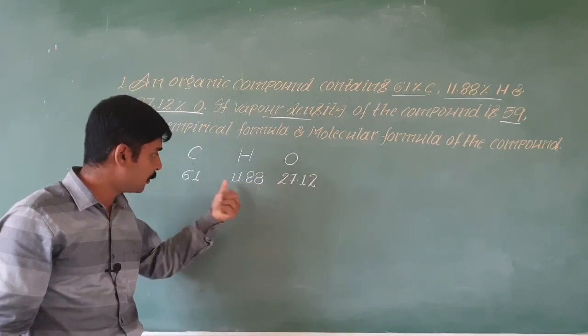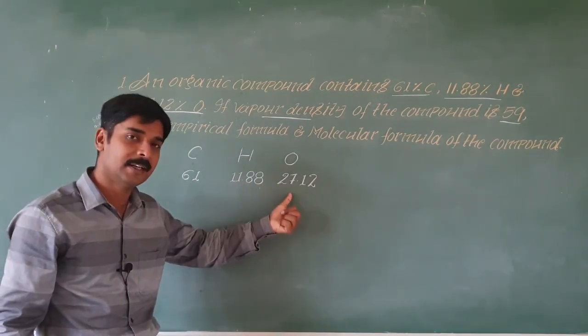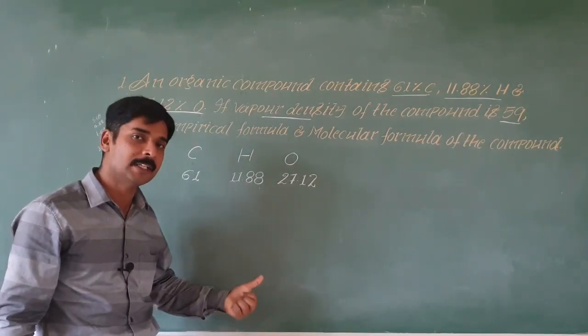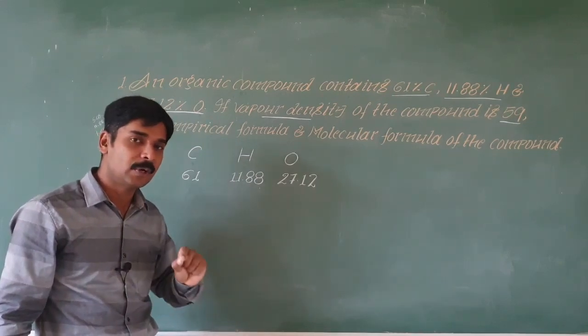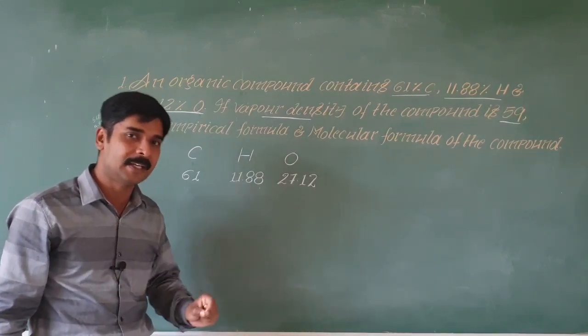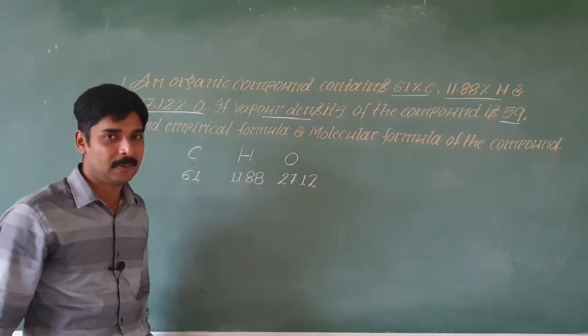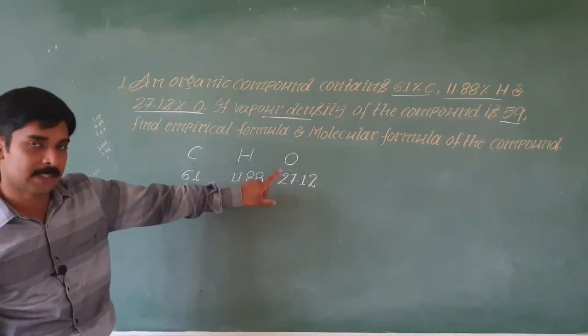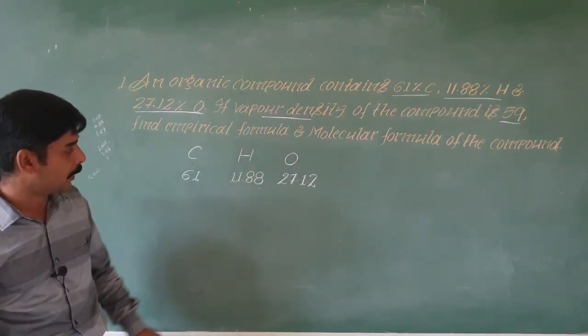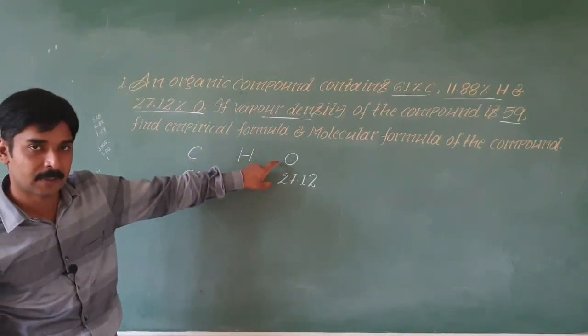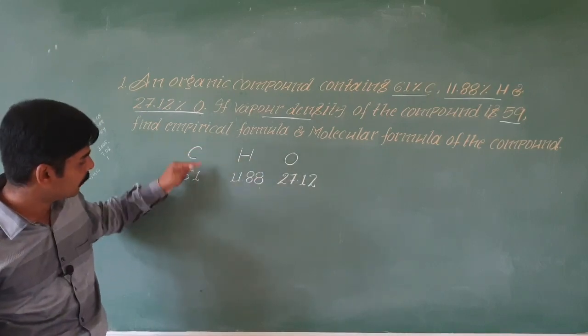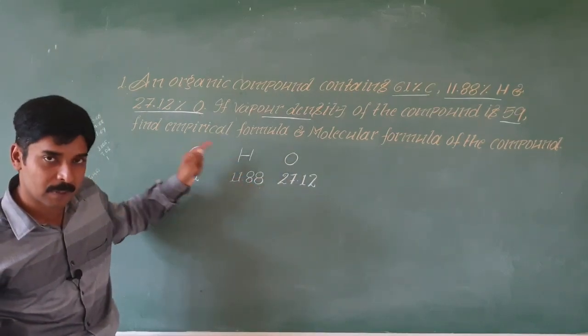If it is not approximately 100, then if you try solving the problem, at the end you will not get the correct answer. So, it is always better to add these numbers and see whether it comes around 100. Okay. Now, in this case, it is exactly 100. So, we can continue. So, this is the first step: read the question, write the symbol and write the percentage of each element below the symbol.